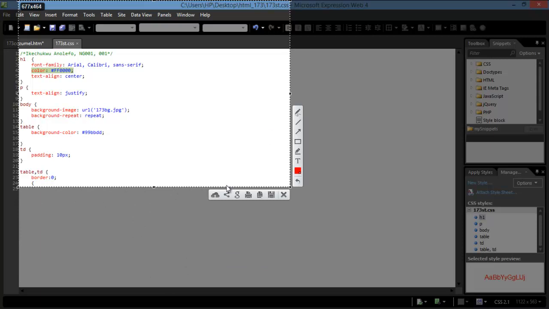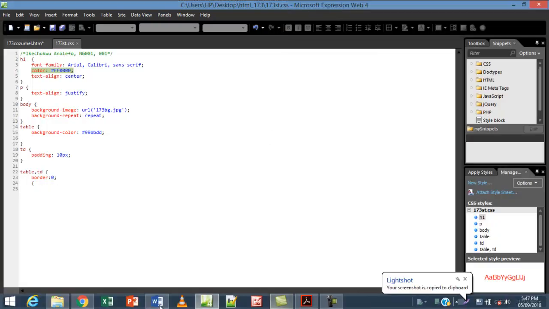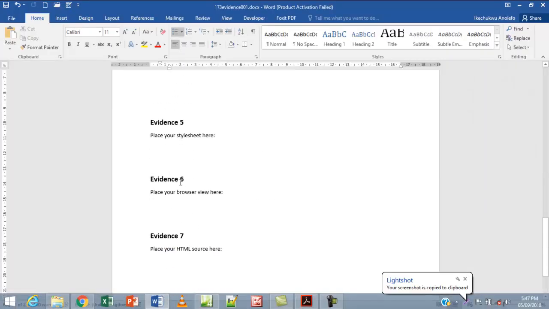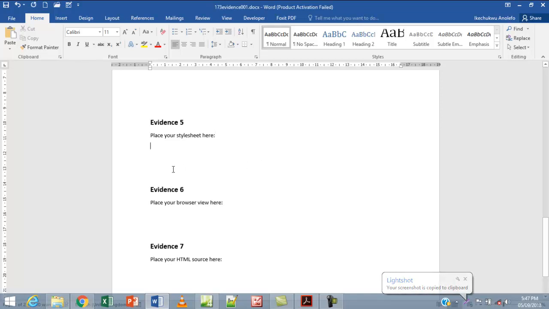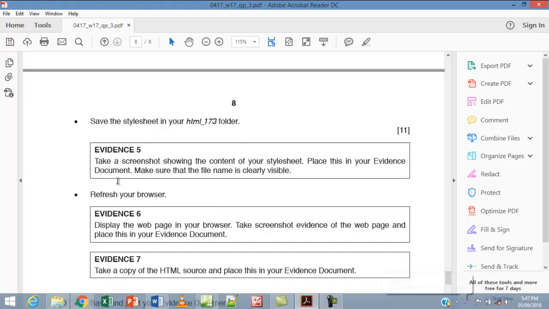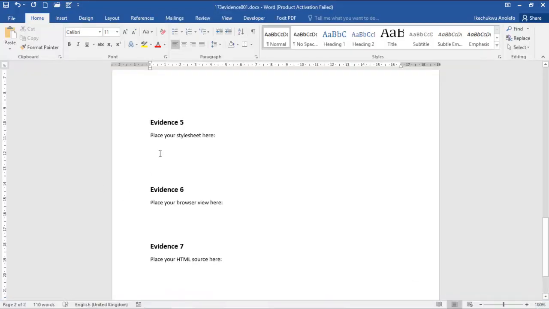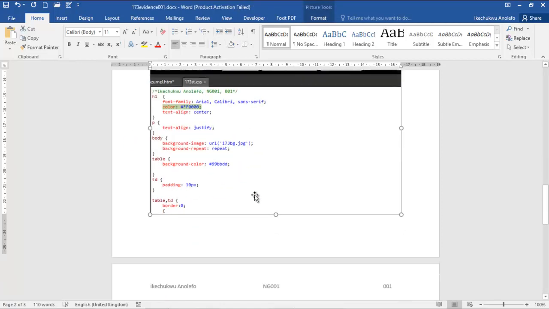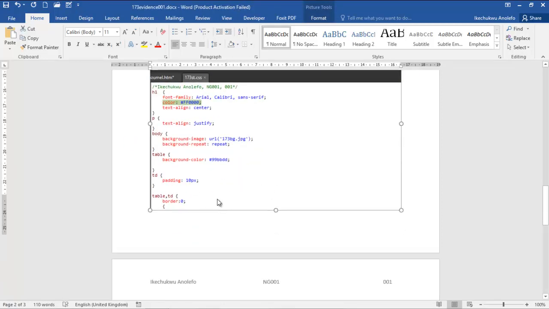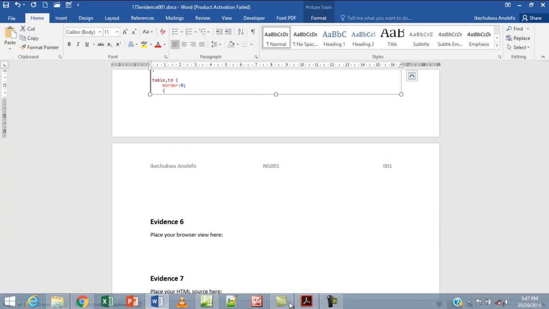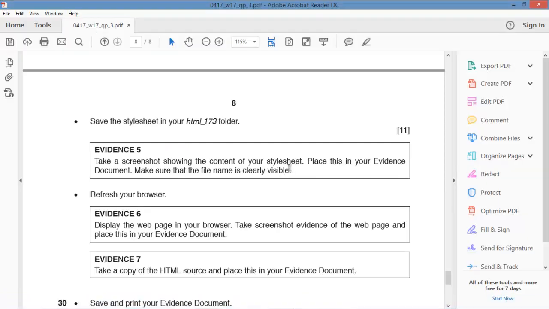So this is what I have, and then I copy that, go back to my evidence document, evidence 5. I'll place your style sheet here. So I just copy the screenshot. Yeah, that's it. Just want to be sure. I have to paste that here. All right, so this is all that is needed for us. All right, so the next question is